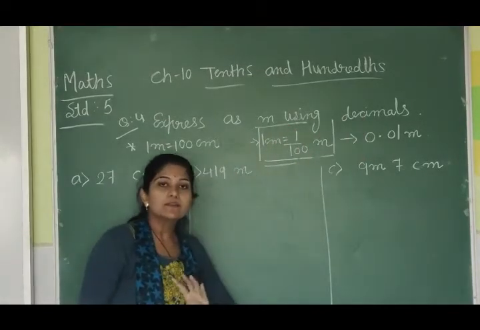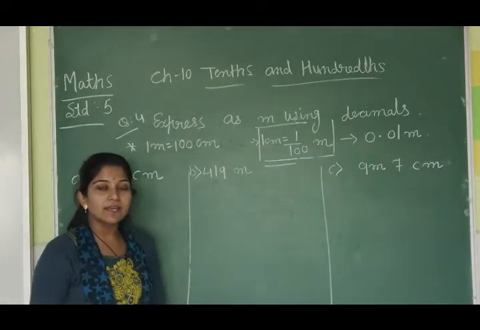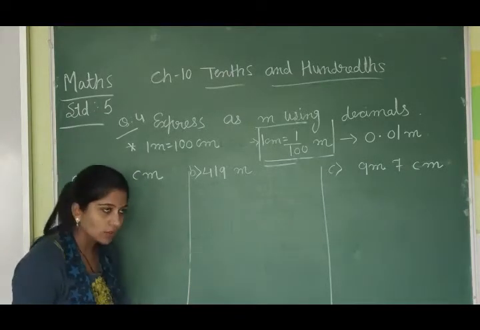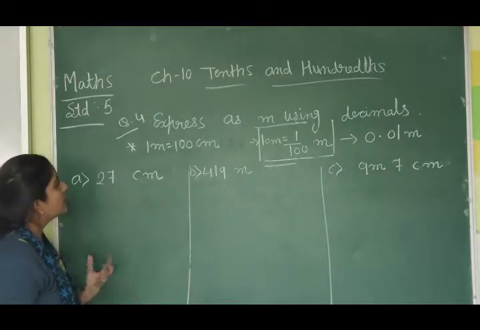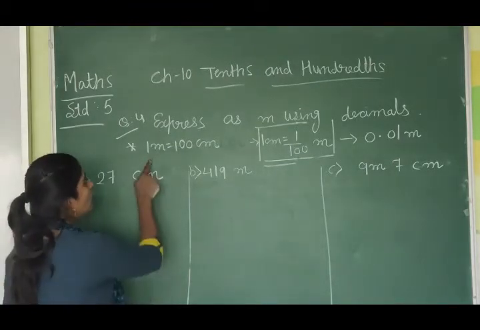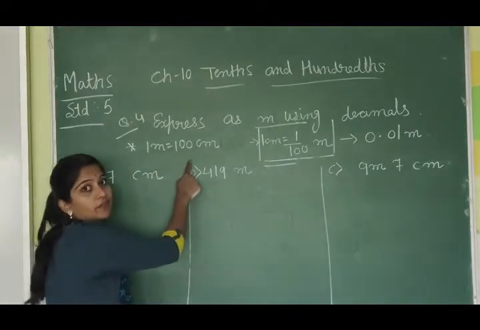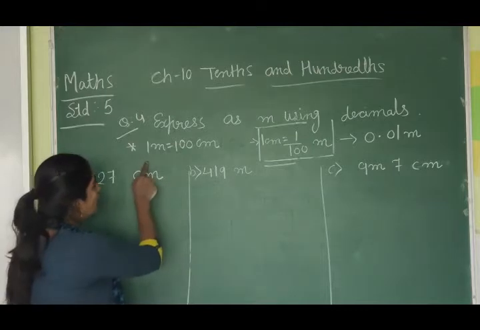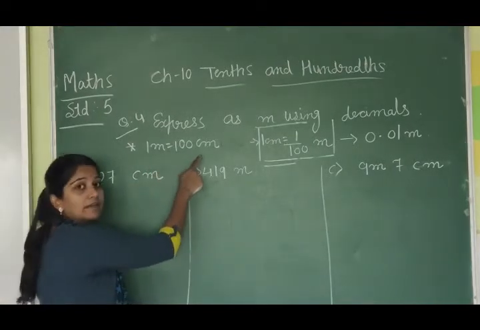अब फ्रैक्शन को डेसिमल में कैसे कन्वर्ट करना है, that I have taught you, and I hope कि आपने उसकी प्रैक्टिस भी की होगी. सो नाउ यहाँ पे हमें क्या रिमेंबर रखना है, क्या याद रखना है? सो द मेन थिंग इज 1 मीटर इज इक्वल टू 100 सेंटीमीटर. प्लीज नोट डाउन एंड प्लीज रिमेंबर 1 meter is equal to 100 centimeter.